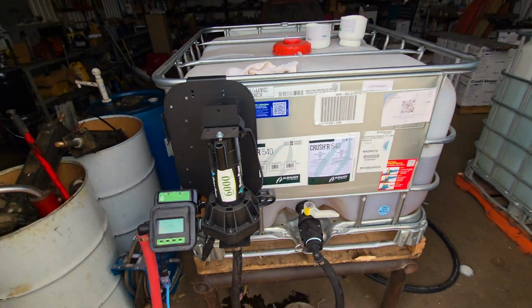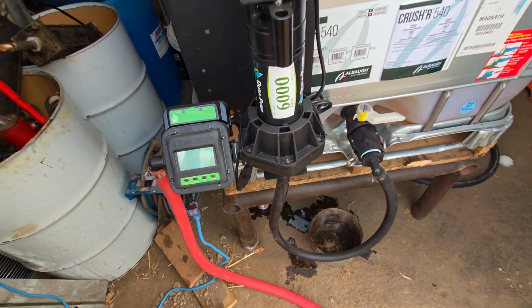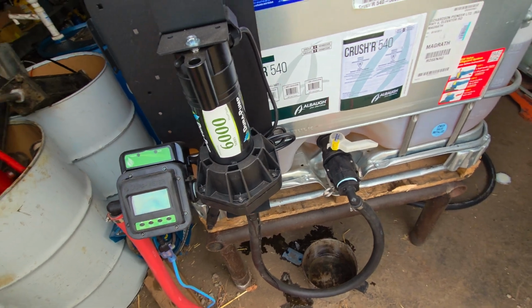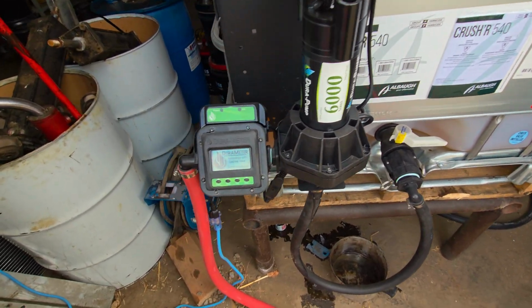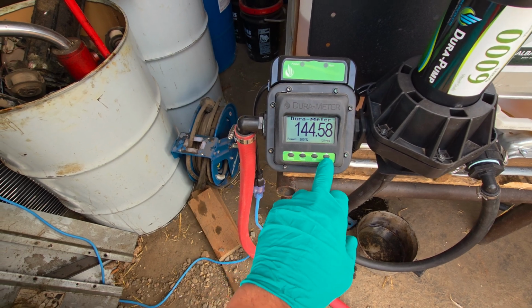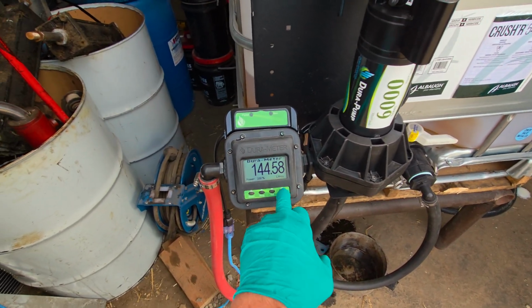Got this really nice pump here this last year. It's built by Durapump, and it's an auto batch system, so you just put how many liters you want in there, and it'll pump that in. So if I go to auto,